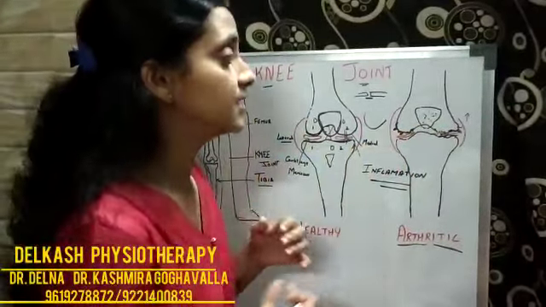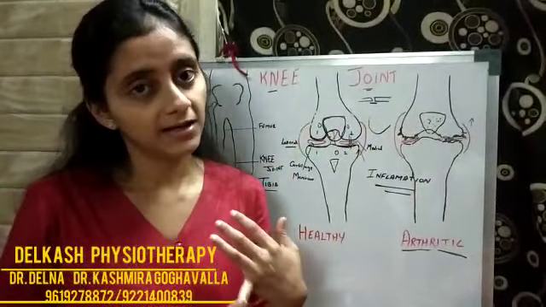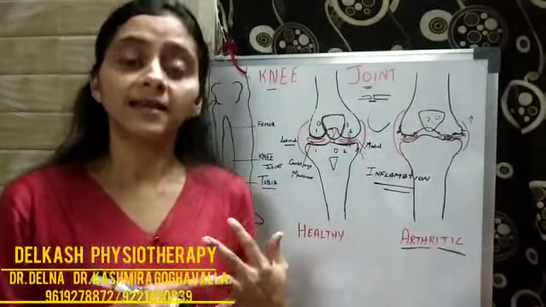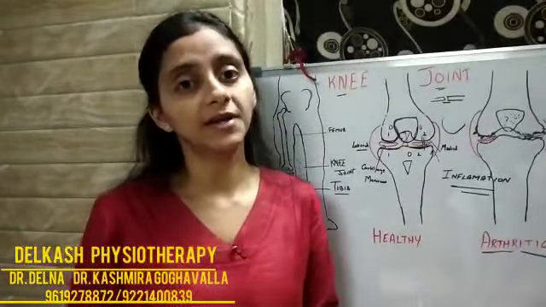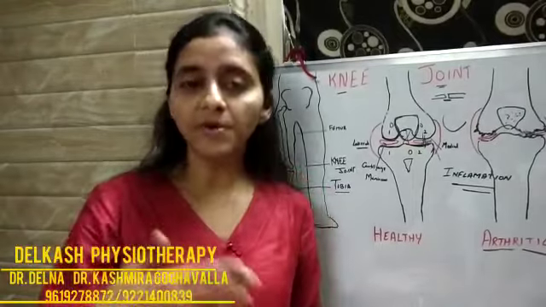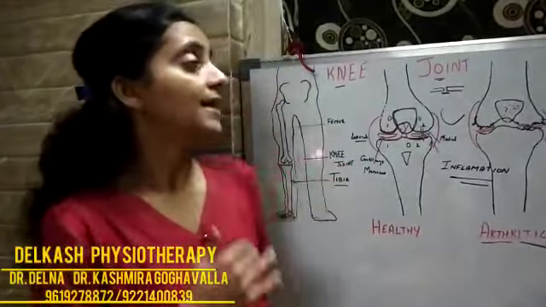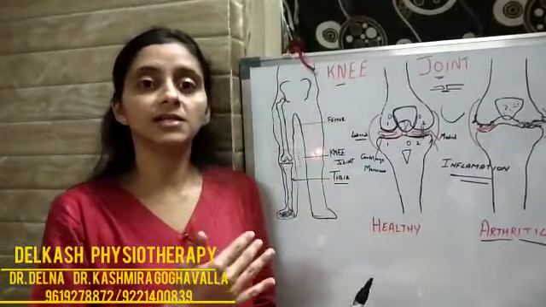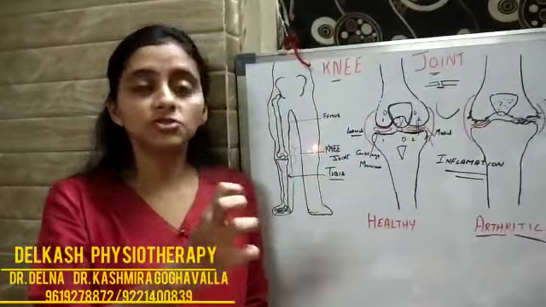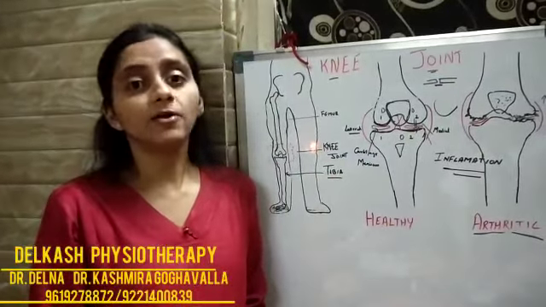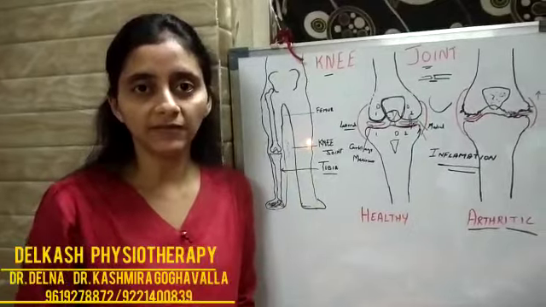Now when this arthritis sets in, the symptoms which the patients have are pain initially to start with. Then they have restricted mobility. The free movement of the knee joint gets restricted. So the knee movement, the bending and straightening of the knee, is grossly affected. And this in turn affects the muscles of the knee joint. Because of the pain, the muscles do not contract well and they go into weakness. Now this complicates the situation even more.